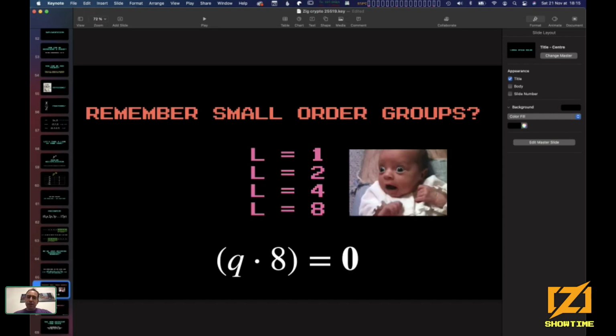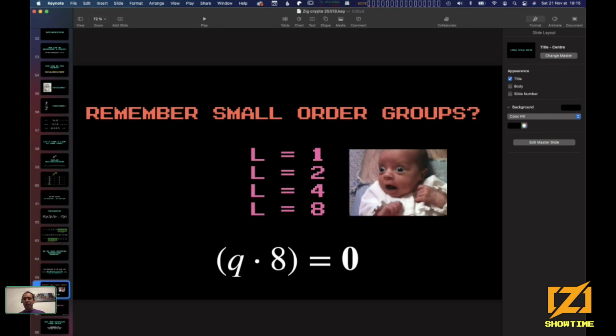Hey, by the way, remember the problem that we had with this specific set of curves? Other curves don't have this problem, but these have it. That was the fact that sometimes you may end up in a very small group, and we generally want to reject that. If you receive a public key and it's in a small group, it doesn't smell good. You just want to send an error and not go any further.